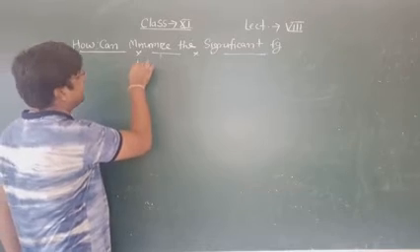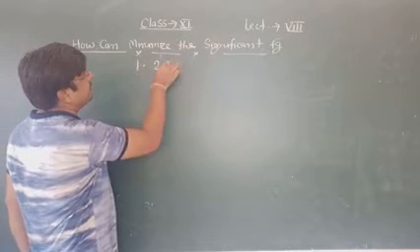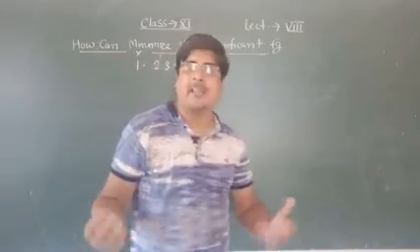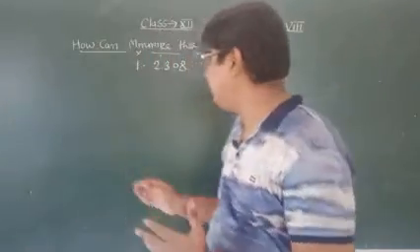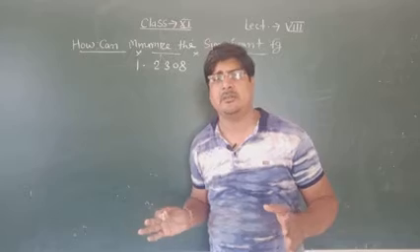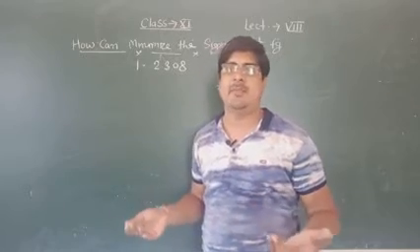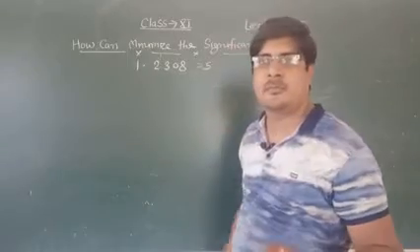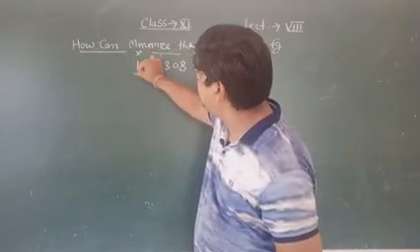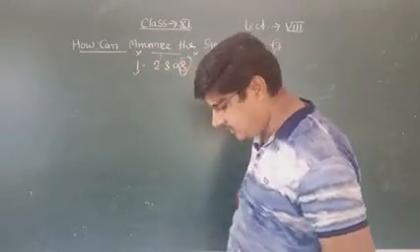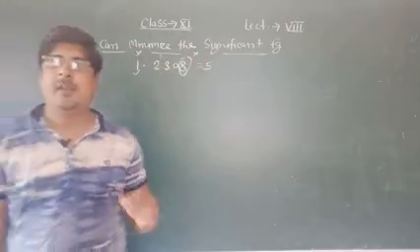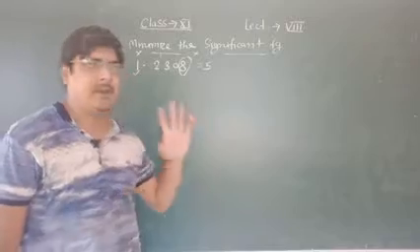Suppose it's a number 1.2308, okay? And I'm asking you how many significant figures are present in this number. You will easily tell me the answer. Here the significant figures are 5. Okay. This is the definite number. It's the indefinite number. So the significant figures in this number are 5.